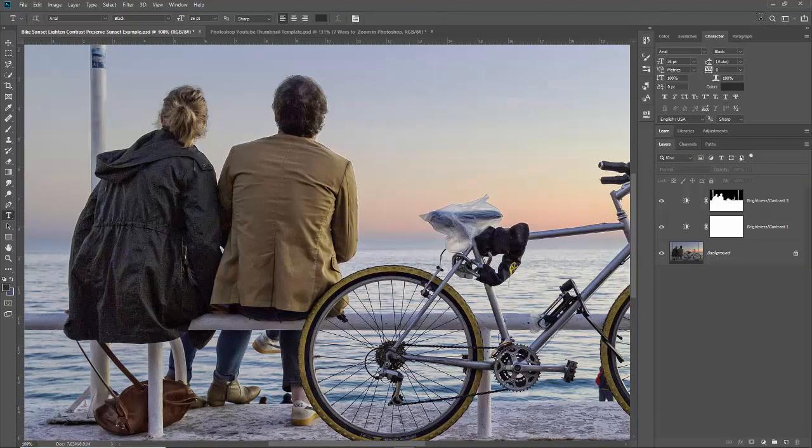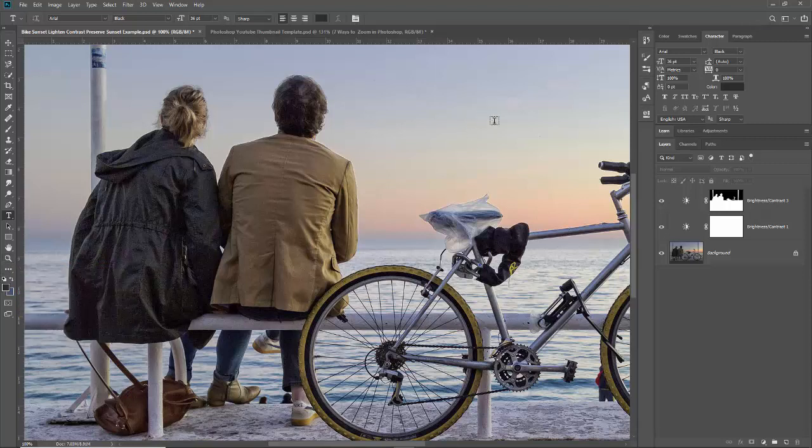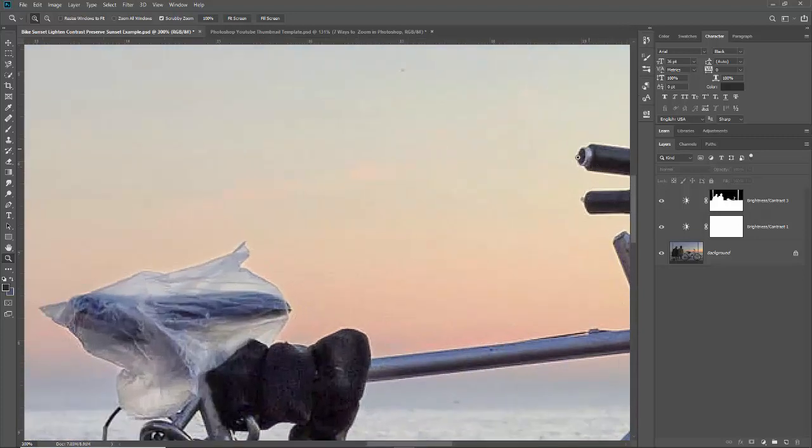Number 4 is the actual zoom tool, which is right here on your toolbar, and it's also the shortcut Z. So if I'm out here with my tool, I hit the letter Z on my keyboard, it changes to the zoom tool, and I click to zoom. Whatever you click over is where you're going to zoom. So if I want to look at these handlebars, then I'm going to click on those to zoom into the